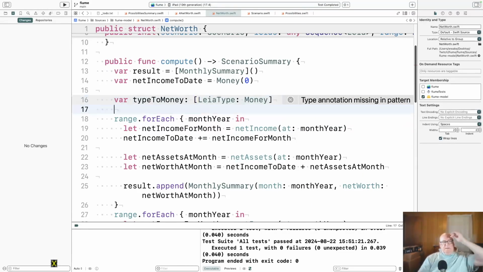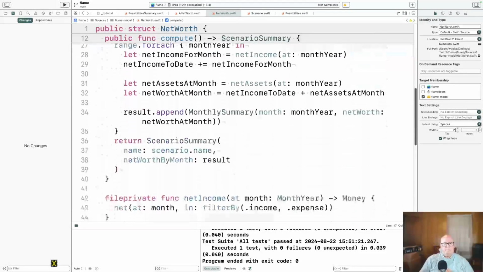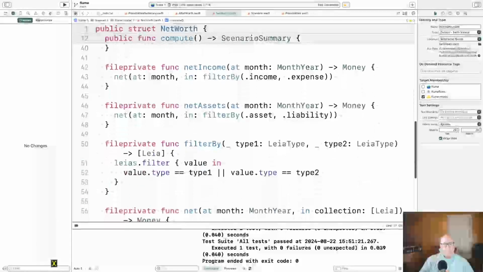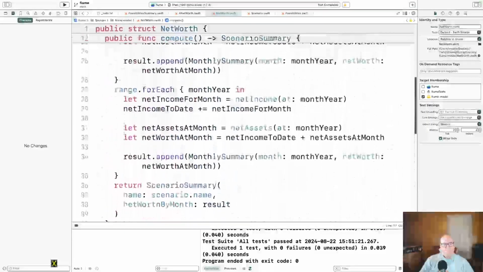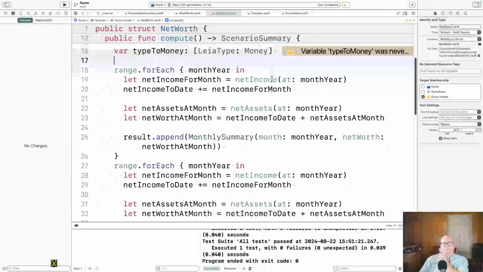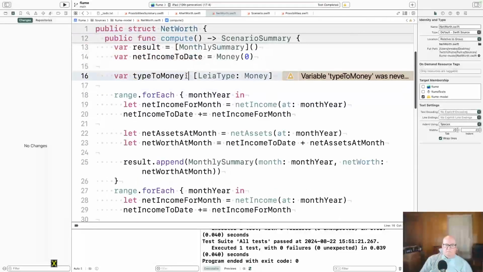Okay. And okay, so the net income for the month is